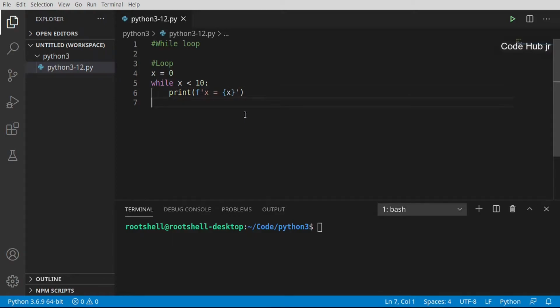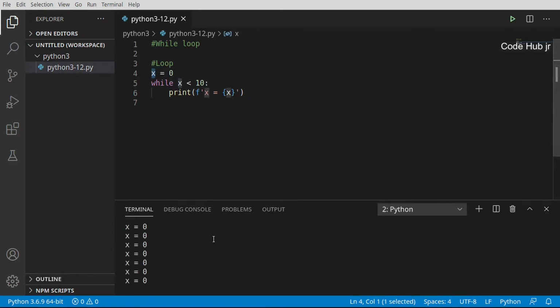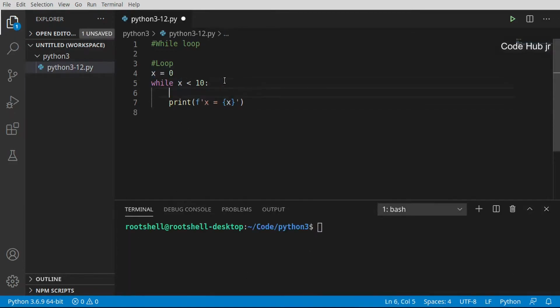Little bit of bonus. Anybody see a problem with this statement? Well, what we're saying is x is 0, while x is less than 10, print this, but we're never incrementing x. It's always going to be 0, so this will always be true, and it will just run forever. That's the infinite loop I was telling you about. See how it just says 0? And it's going to run forever and ever, and that console is just going crazy, so I'm going to kill it. It will just keep going forever and ever until I turn the program off or until I shut the computer down.